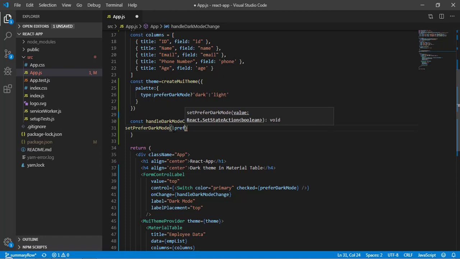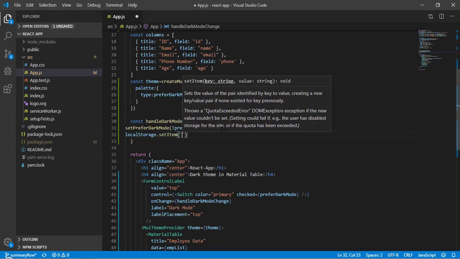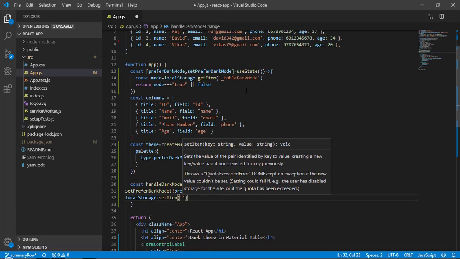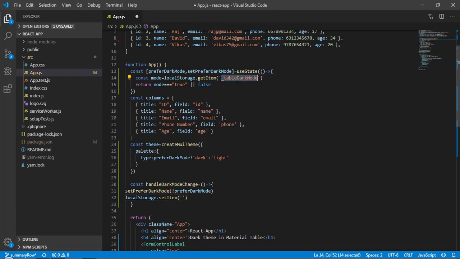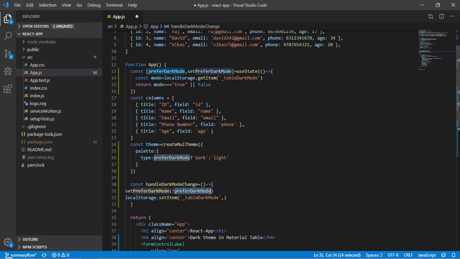So here preferDarkMode. Now I will write localStorage dot setItem. This setItem is going to take two parameters. First is the key, so this is the key we have. Let's paste it here, and the second is going to be your value. So this is what our value is. Here I will pass not preferDarkMode.